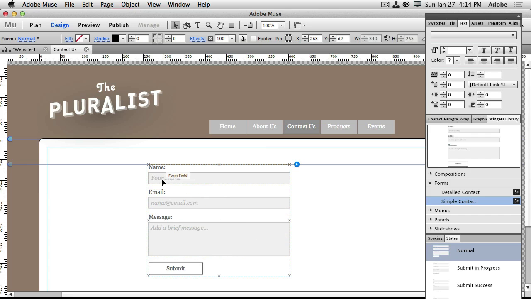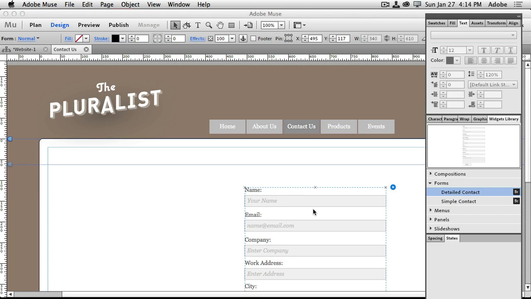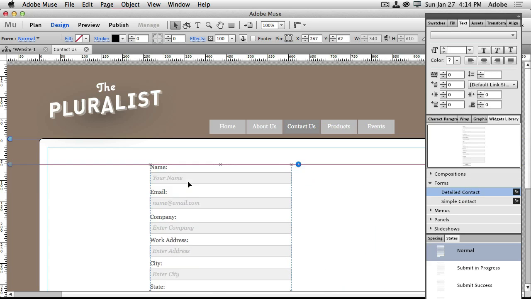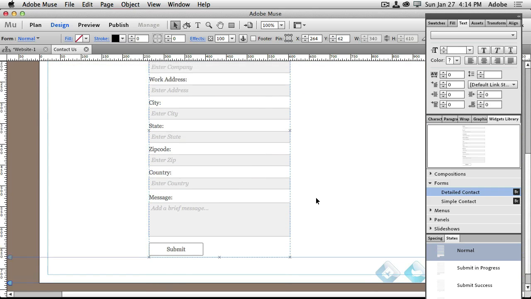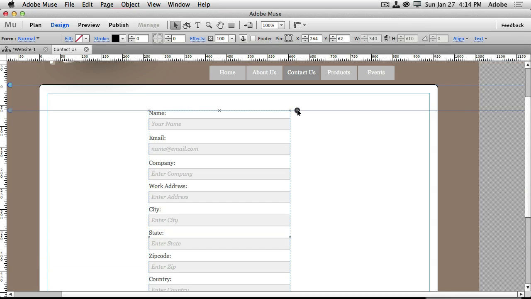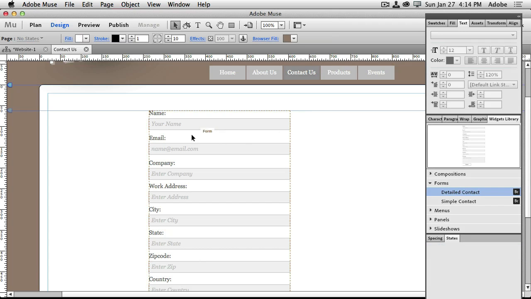So this one just asks for your name, your email address, and a message. Or we can have the detailed one to start off with that asks for a lot more. And how do I adjust it? Go here. I can make certain fields mandatory, add fields, multi-line fields, do whatever I want. Now at this point,